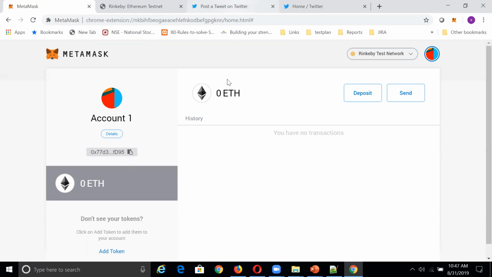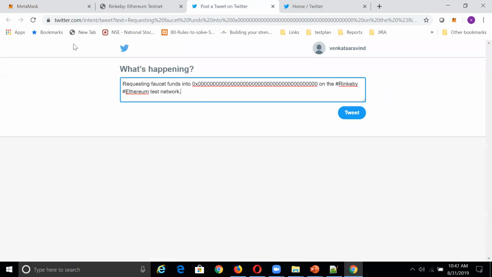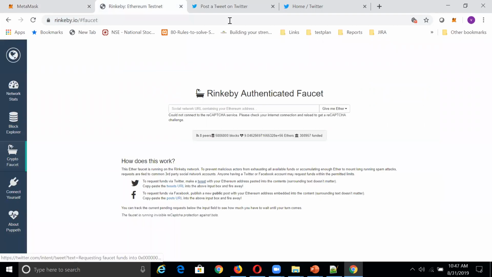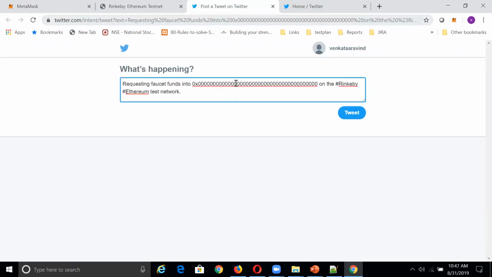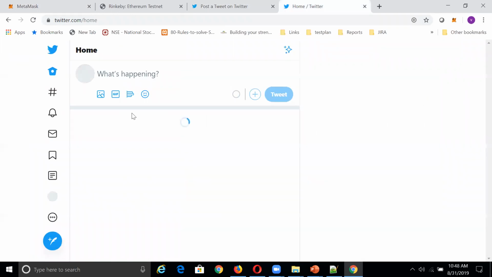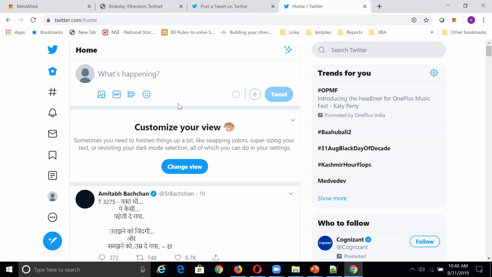Now you go to the location where you clicked the Twitter button. It will land on this page, and you remove all zeros and paste with the public key. Copy the details here. Go back to your Twitter account, and you can do a small tweet here. We need to do a tweet. The reason is